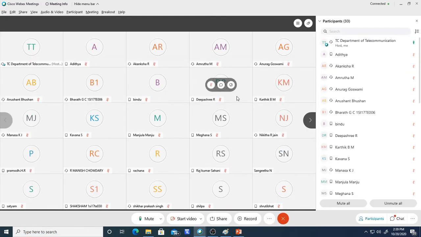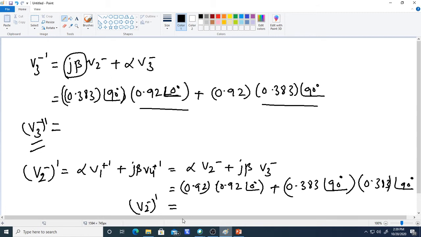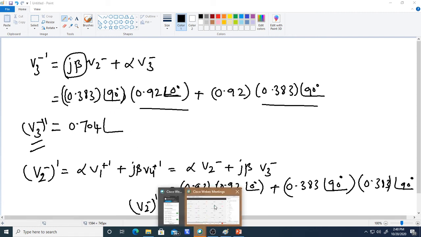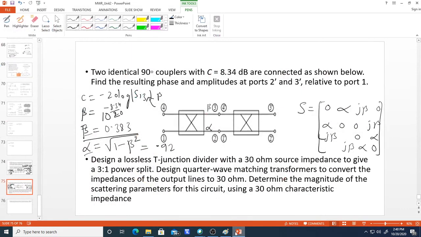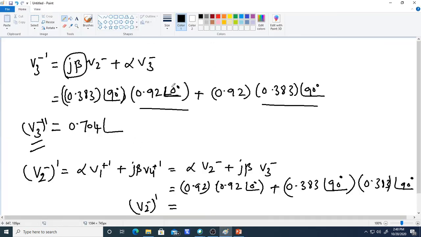Anybody who calculated? 0.704 V3. Okay, so is it V3 dash 0.704? What is the angle? Is there any angle? So 90 degree. Okay. So V3 minus dash is nothing but 0.704 at an angle 90 degree, and similarly V2 minus dash,